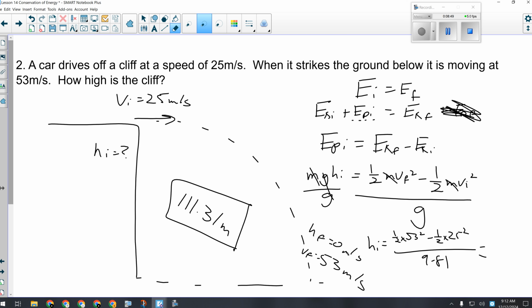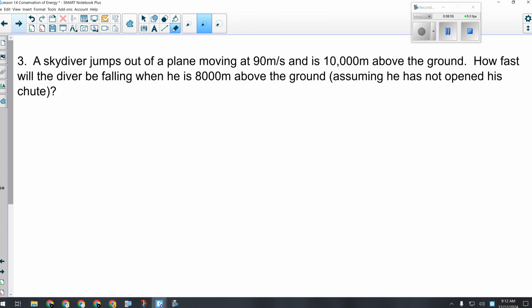Mm-hmm. Okay, we haven't solved for one with speed yet today. We did yesterday. We haven't solved for one for speed. So, yeah, there we go. Okay, so skydiver jumps out of a perfectly good airplane, moving at 90 meters per second. Now, the plane's not diving. The plane's moving horizontally. Does that matter? No. Energy is